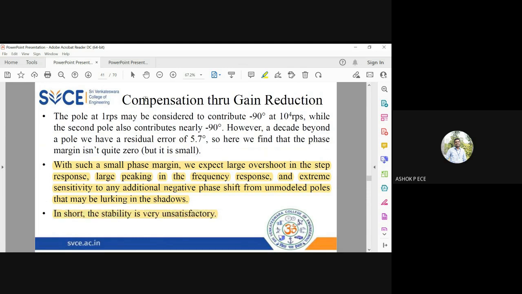Whatever method we have applied, the gain reduction, if we find the stability, the stability is going to be